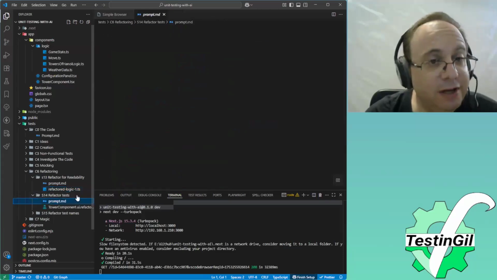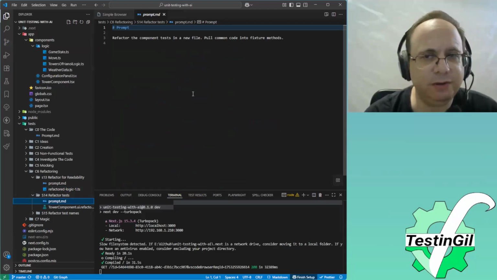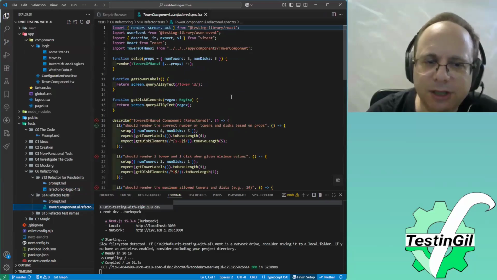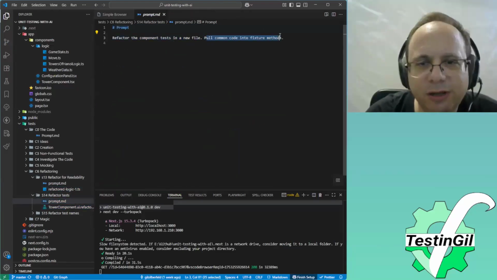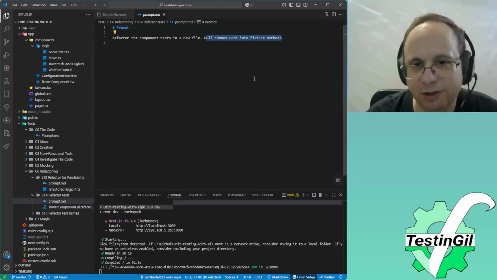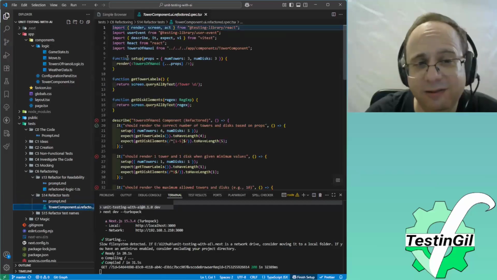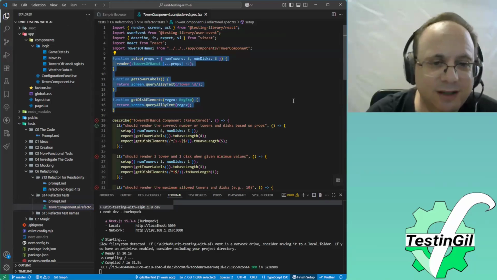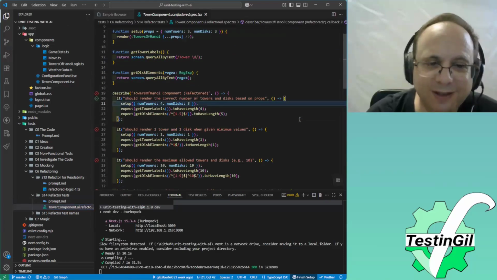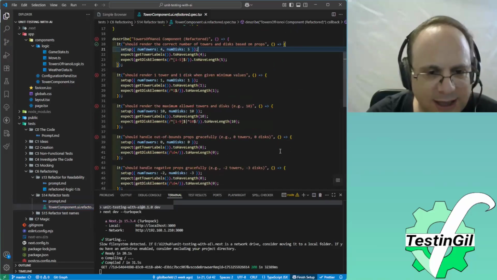I asked it to refactor the tests for me, so refactor the component tests in a new file. So remember, we have the component test, the one that checked the props, and the animation that doesn't work. So basically what I asked it, I did. Pull common code into fixture methods. I thought it would pull the code into before each and stuff like that. It didn't. It kind of created a fixture by definition, which is common methods, which it calls from the test. Not what I asked. I'm sure that if I asked, it would create what I wanted. I did ask though,